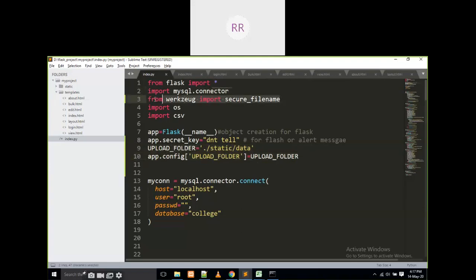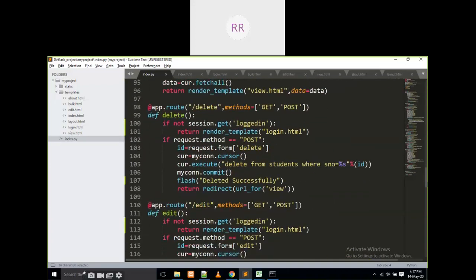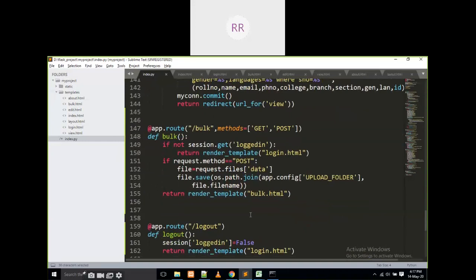One more functionality we have to import, that is secure_filename. Then here, if it is a POST, I am going to get the data. As it is not request.form, it is request.files of data. Then I write this function, and it is going to be uploaded into that folder automatically.